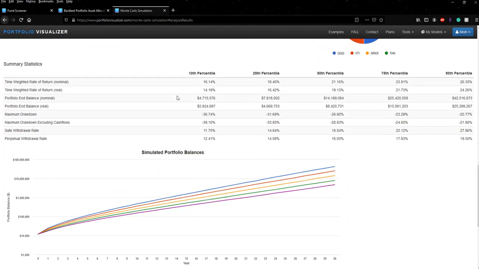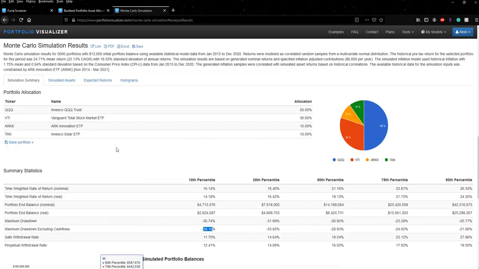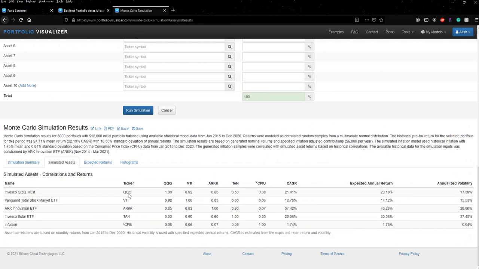As you can see, the nominal balance is 4.7 million for 10th percentile, 42.5 million for 90th percentile. The max drawdown is 36% or 28%. The max drawdown excluding the 6,000 cash flow is 39, and then 21 here. And then we could look at the simulated assets and their expected return, and then annualized volatility over the next 30-year period. ARK definitely has the highest